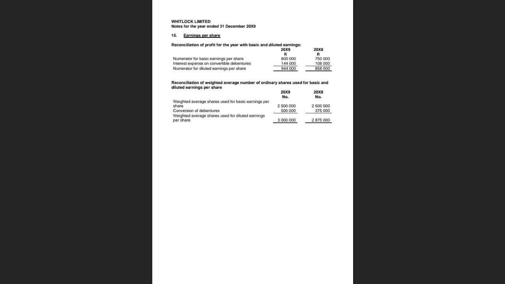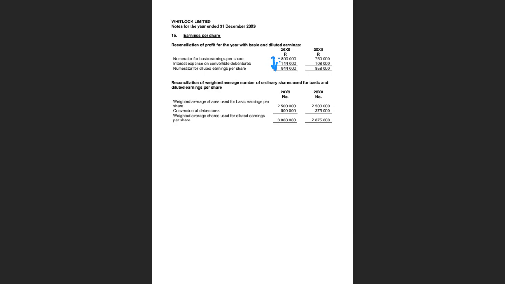When we look at the disclosure, again, very simply, it's a reproduction of what we have already calculated. So there's nothing very much new that we need to work on. All right. So here again, they're just saying we started off with profit, we added the saved interest on the debentures after tax, and we came up with an amount. Now, interesting question: why didn't they start off with profit for the year and then minus